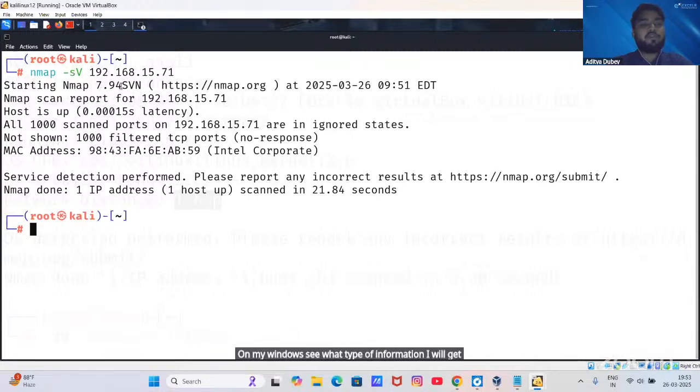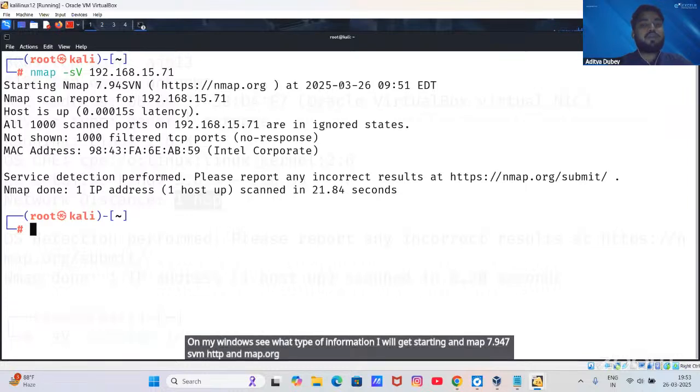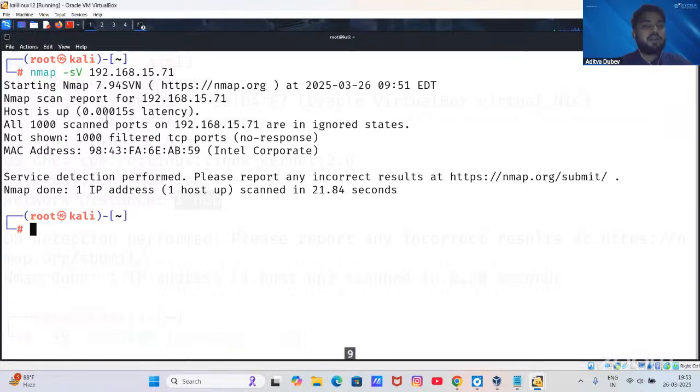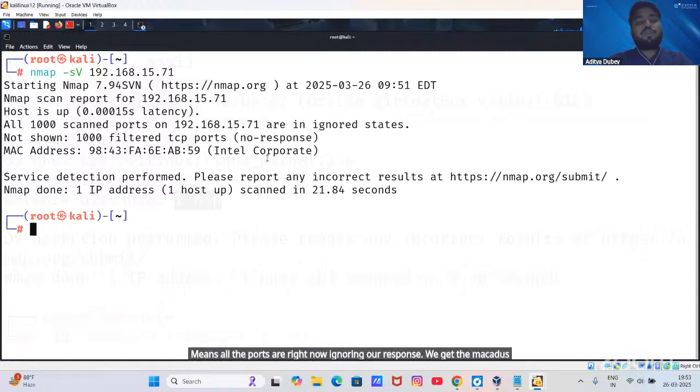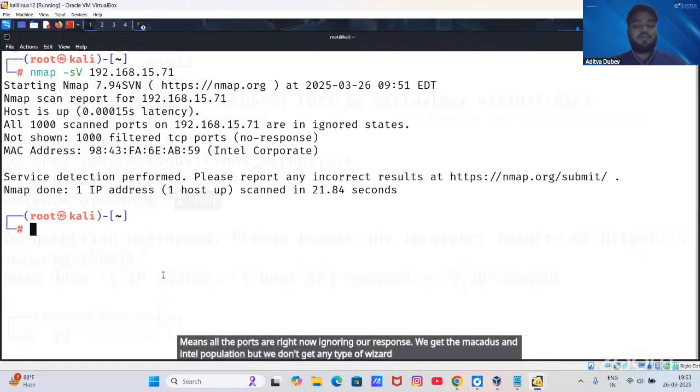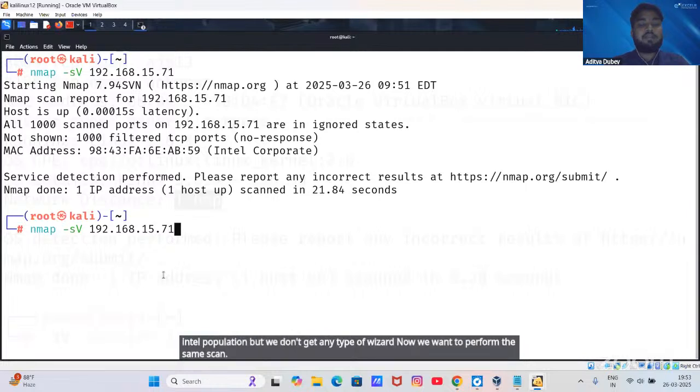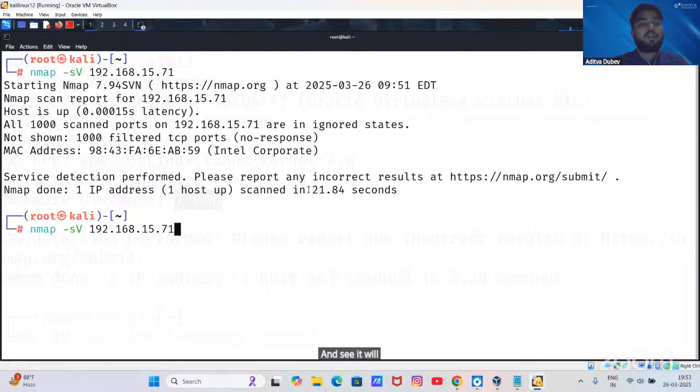Starting Nmap 7.94SVN ( https://nmap.org ). Host is up. All 1000 scanned ports are in ignored state, which means all the ports are currently ignoring our requests. We get the MAC address and the Intel vendor, but we don't get any other result. Now we perform the same scan and see that it takes 21.84 seconds, which is very long. In the previous scans, each took just 3, 4, or 5 seconds, but this one takes